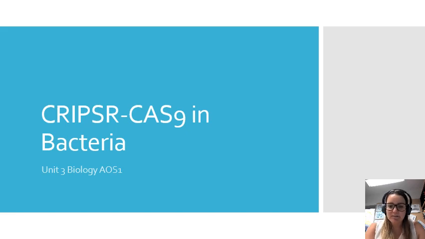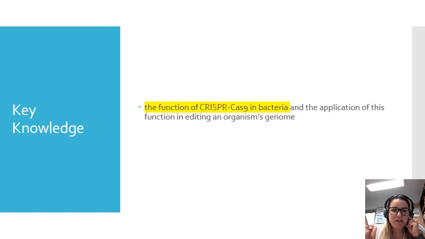Hi Year 12s. In this video we're going to unpack the role of CRISPR-Cas9 in bacteria cells. This comes from the key knowledge point that the function of CRISPR-Cas9 in bacteria and the application of this function in editing an organism's genome. So we're going to split this into two videos. The highlighted part there, just the function of CRISPR-Cas9 in bacteria is what we're going to focus on in this video. And then in the following video, you'll look at how we can manipulate that to edit another organism's genome,